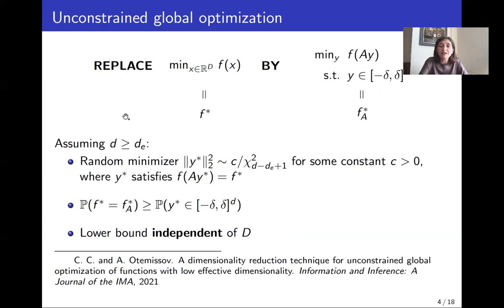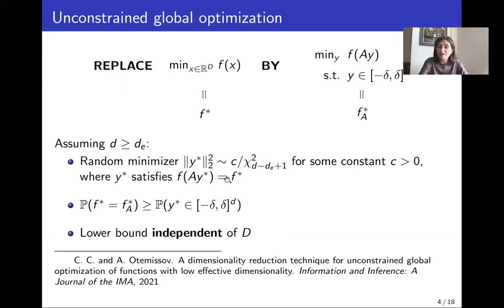And our work assumes that the random projections are with dimension little d, that is an upper bound on dE. So we assume we know dE, but we don't know the orientation of the effective subspace. We were then able to characterize exactly the minimizers in the reduced space in terms of properties of the minimizers in the original space,